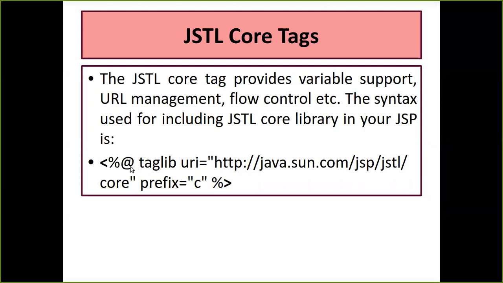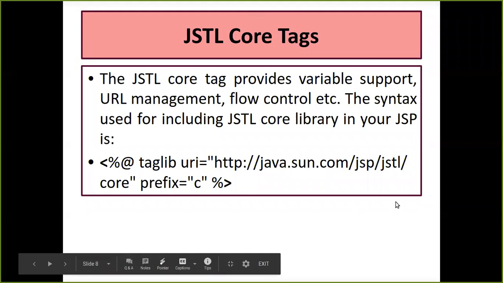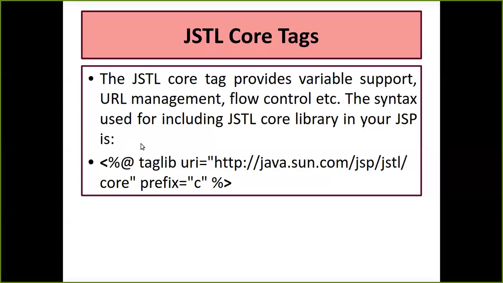And there I told you, whenever you're going to make use of directives, you have to make your compiler understand that you're making use of directives. How are you going to do that? You're going to start with your @ sign. Even in your scripting, in your expression, in your declaration element, there you have different symbols to make your JSP engine understand which type of element you are making use of. So here we are making use of the tag lib directive. For a directive we make use of the @ sign, and we name the directive, that is tag lib. And for the tag lib directive we have the attributes called URI and prefix.